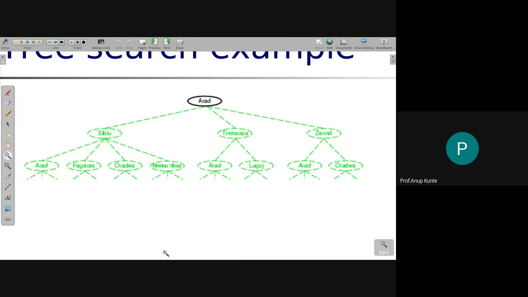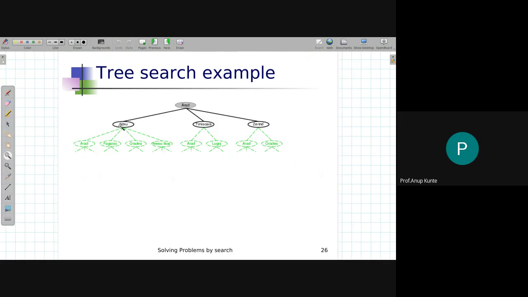So when this node is tested to be a goal node, this is not Bucharest, so this goal test will fail. Hence, you'll expand the node. As you expand the node and you reach Cebu, suppose Cebu was your destination, then the goal test will be true. That is, you have reached the destination and you are not going any further into the search tree. You are supposed to now return the solution.